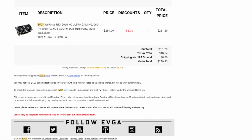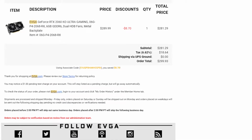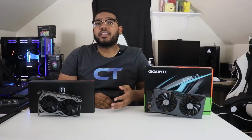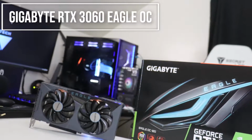It cost me $300, which was the original price brand new, but EVGA does give you a 1-year warranty on refurbished items. Now, this isn't much, but it is better than nothing, and EVGA definitely has a great reputation for their products. And this RTX 3060 is the Gigabyte overclocked model, and I managed to pick this one up on